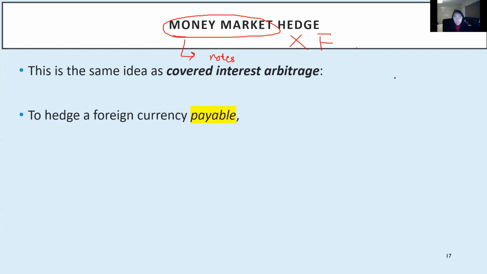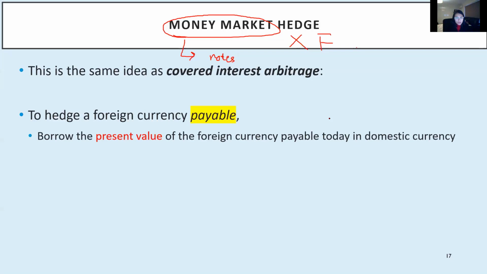So for money market hedge, if I have a foreign currency payable, so in this case, I'm expecting to pay someone in the future, okay? So if I need to pay someone in the foreign currency in the future, essentially what I can do is I can go to the foreign exchange rate market in the future, buy that foreign currency, and then deliver that to my trade partner, okay? So with a foreign currency payable,